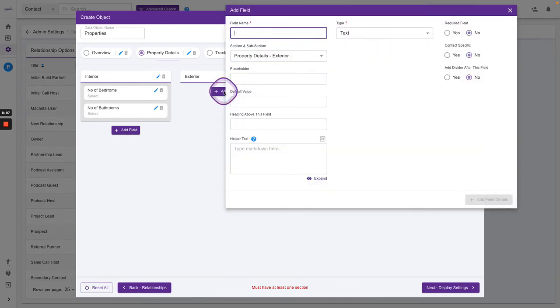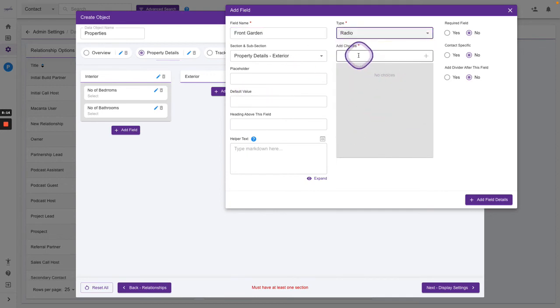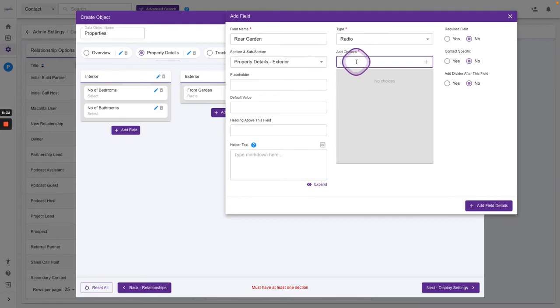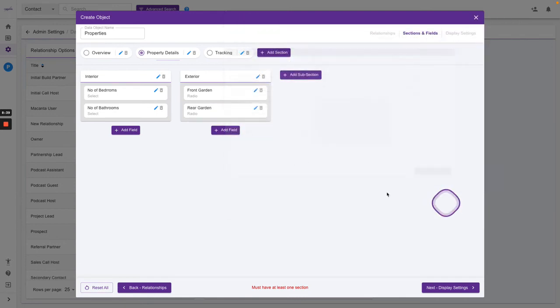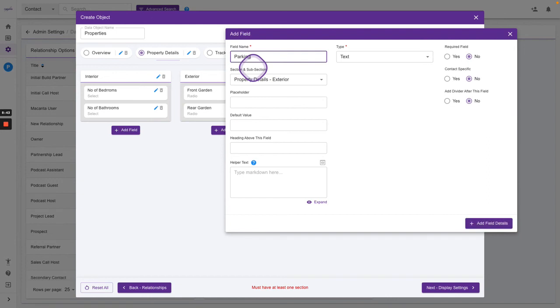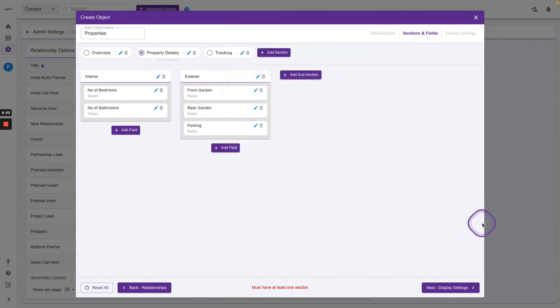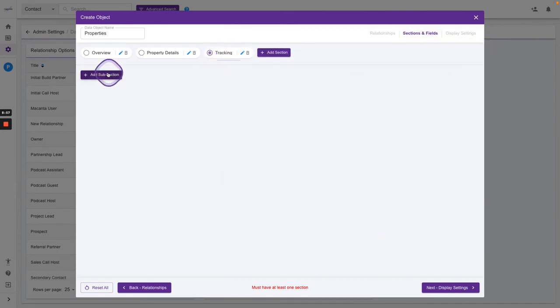Exterior, then we say front garden. And in this instance, we'll go for a radio button because it's yes or no. We'll go for rear garden, and again radio, yes or no. And we'll add that, and then we say parking, radio button, yes, no. Okay, so add that in there, and let's go over to our tracking, and we are going to say